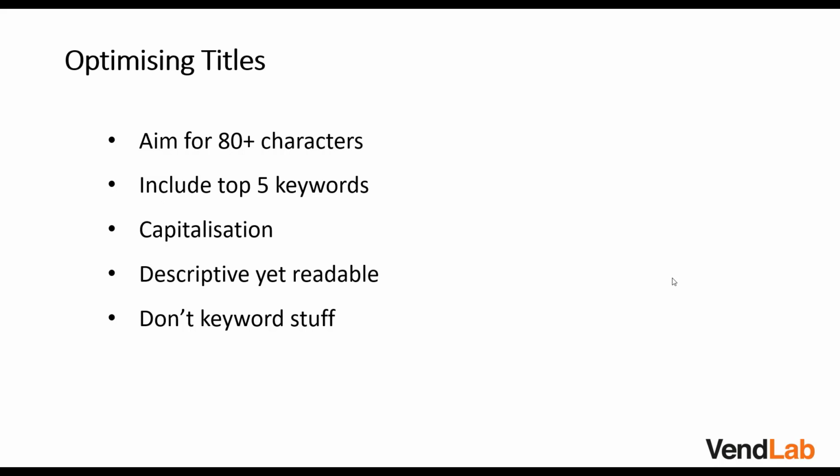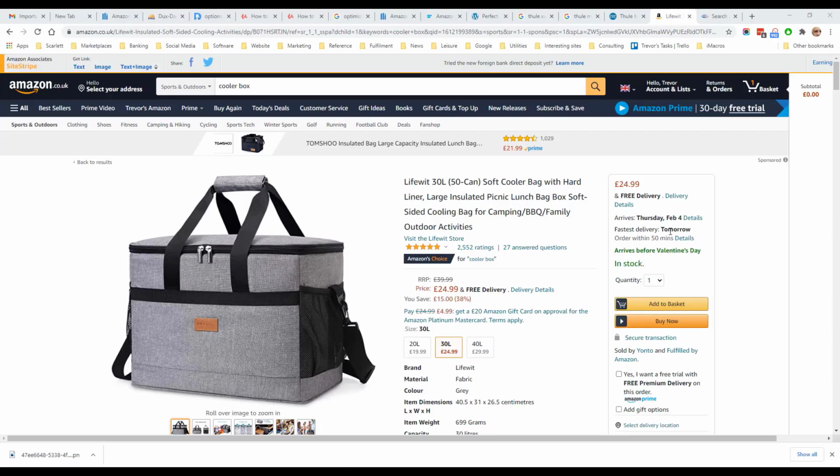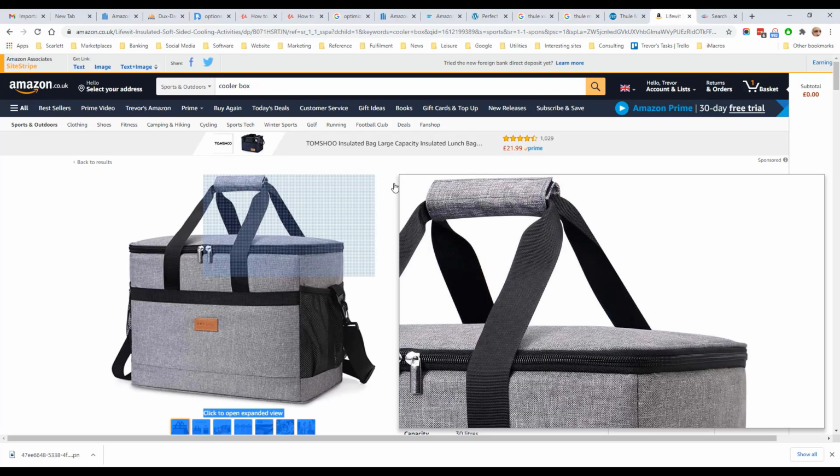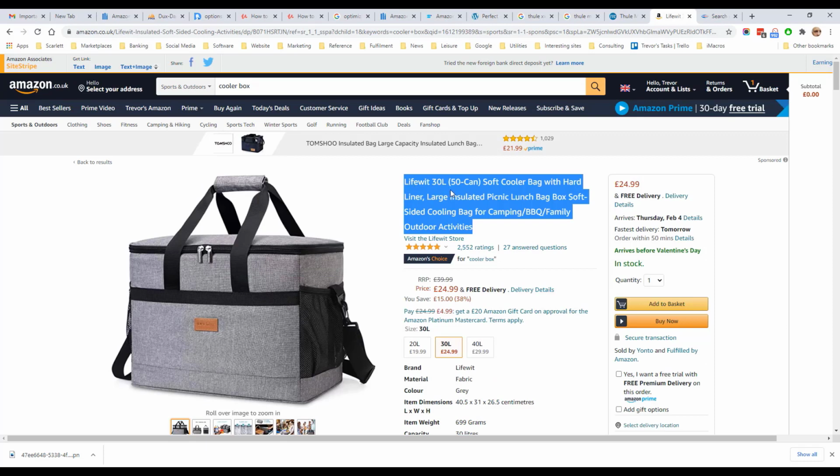Now let's take a look at a well-constructed title. This listing for a soft cooler bag is a good length at around 100 characters. It also has the brand and its main keywords, soft cooler bag, towards the beginning of the title. It is descriptive and it has lots of interesting information about the product. For example, it's insulated, it can be used for lunch, it's soft-sided, and it can be used for camping and